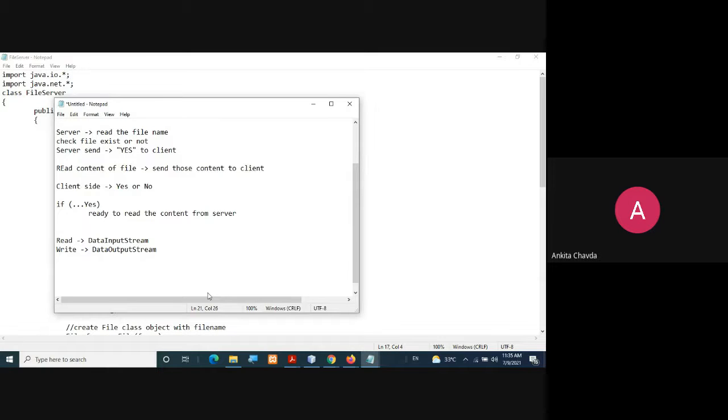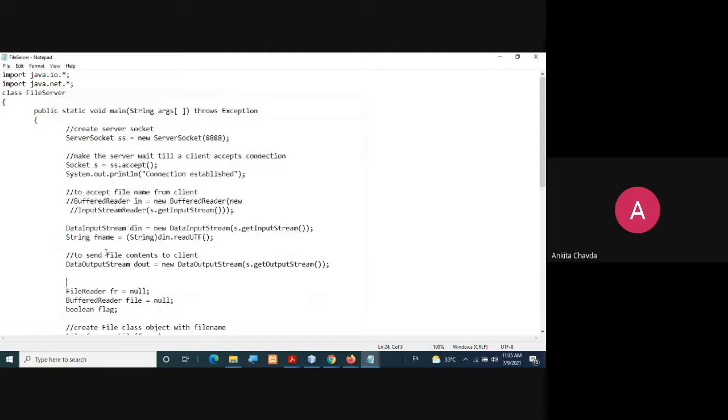This is not a new thing, just a recall. So first I'll take my input stream via the getInputStream method.